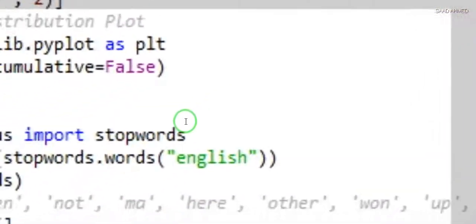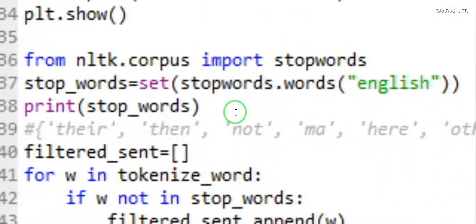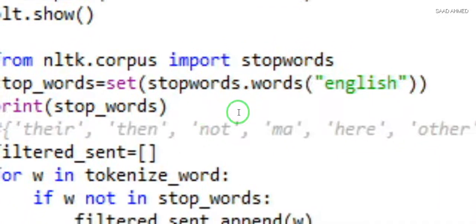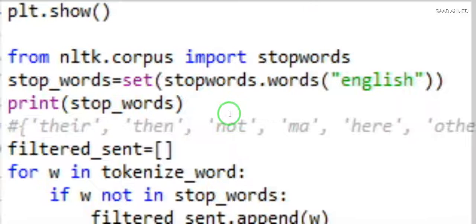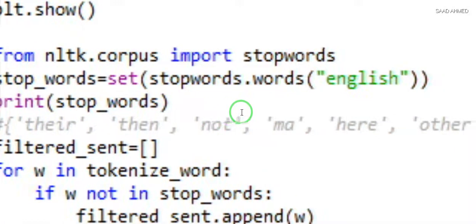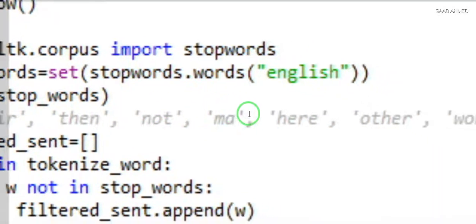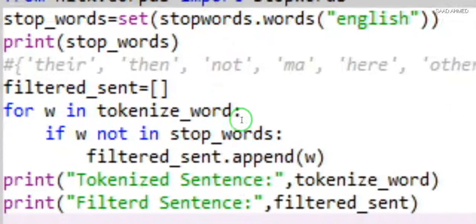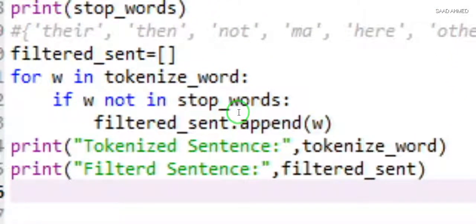You can see here that I have imported the stop word list and set our stop words for English language, and when we print it we get some of the words we can see here. And then I'm going to filter out the words from the sentences, and once I implemented this, you can see here